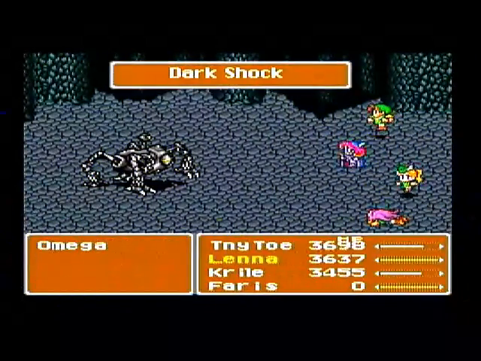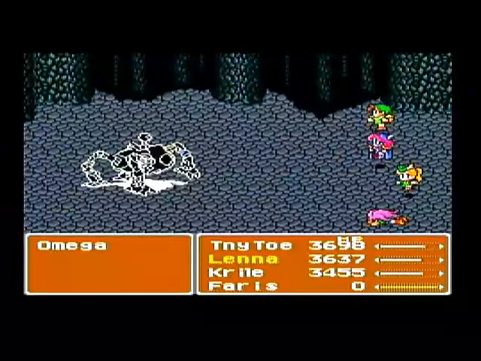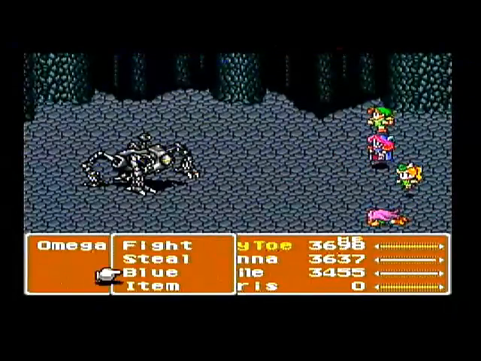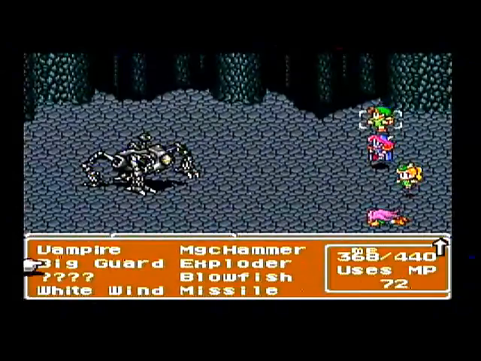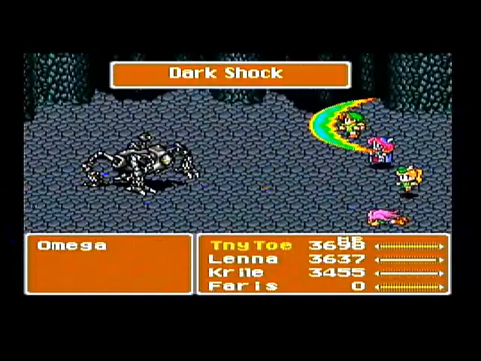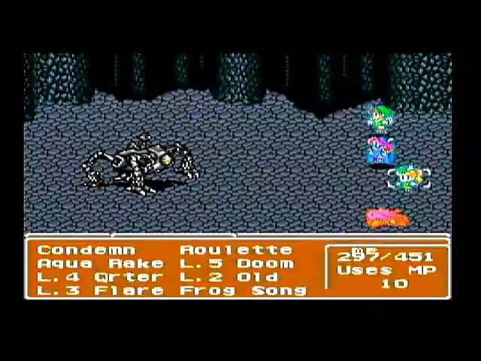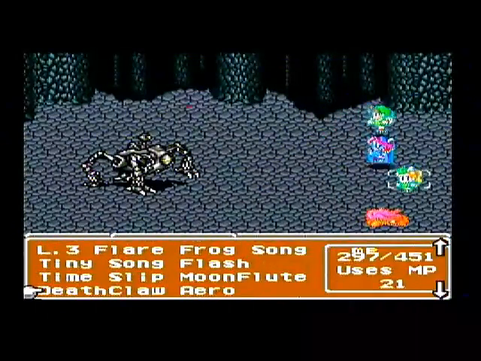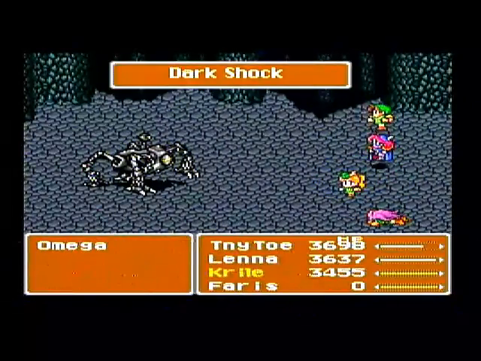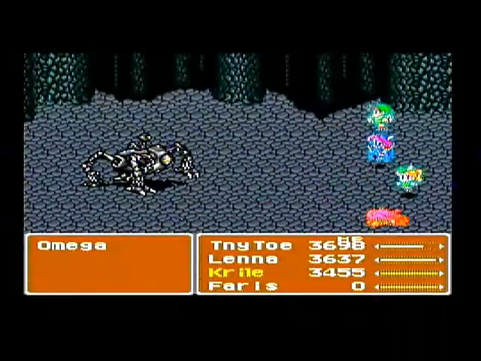So my initial strategy was, I was trying to Dark Shock Omega, and then attack him with X-Fighted Chicken Knife. Unfortunately, Chicken Knife didn't do a whole bunch of damage, because Omega has really high defense. I was hoping to use Goblin Punch, the blue magic Goblin Punch. That's why everyone has blue on them,